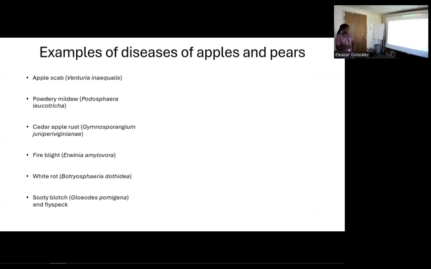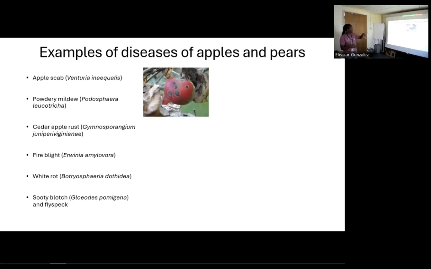Next slide. And so just a few examples of diseases here. I have a list. So there's apple scab. Apple scab is caused by the fungus Venturia inaequalis, and this is one important one. And you will get your apple fruit looking like that. So you have these scabby lesions. I don't think this apple will be accepted on the market. So we see that the disease is affecting the marketable quality, the fruit quality, and so that's a loss for